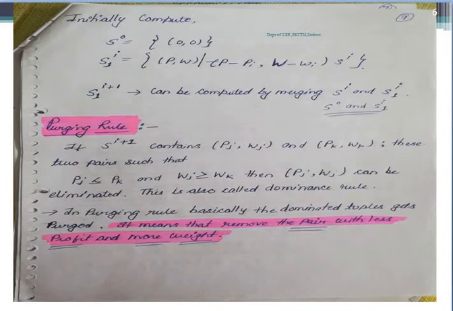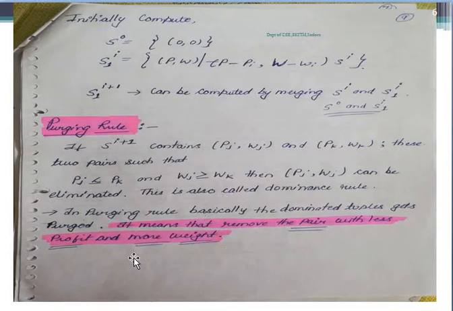Just now I said, in the purging rule the dominated tuples get purged. In short, we remove the pair with the less profit and more weight. We are removing those pairs that have more weight with less profit. Here our objective is violated, because we want to choose the object that will give the maximum profit. If we are getting the maximum profit from the object and the weight is less, then we have some place to keep some more stuff in the knapsack bag.